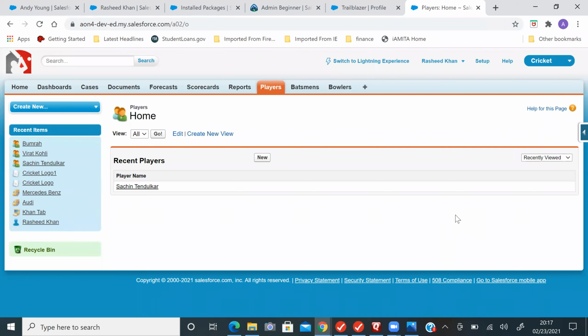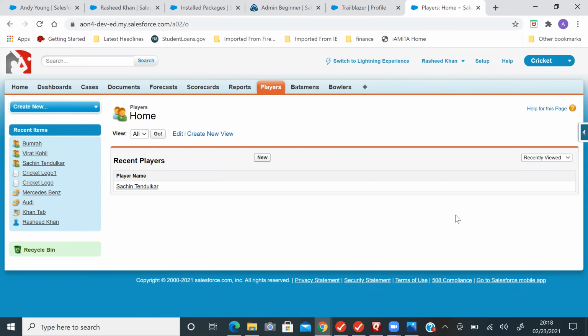Yeah, player name is already there, right? Okay. We can give runs scored. How many runs scored? Maybe strike rate. Yes, strike rate. How many balls faced? How many fours, sixes? There are multiple things.